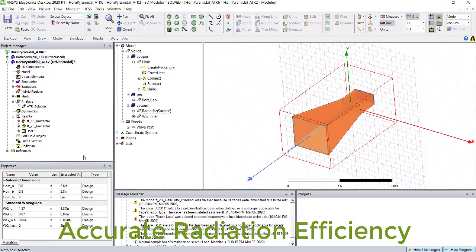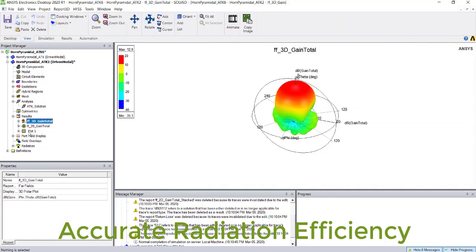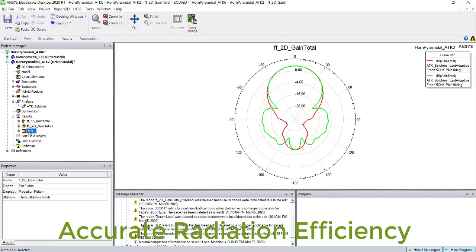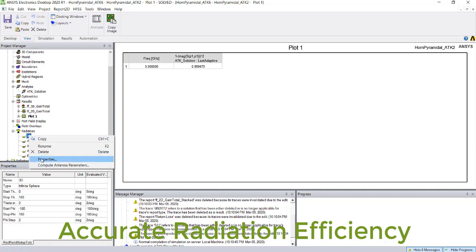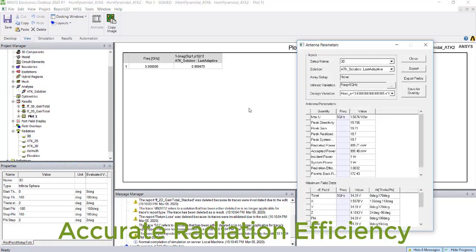Yes, now the simulation is over. So you can see the radiation pattern, the 2D pattern, and this is our accepted power. The same accepted power you can see here by right clicking on the 3D surface, compute antenna parameter. You can see 9.48.